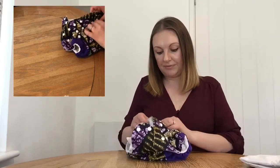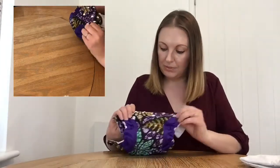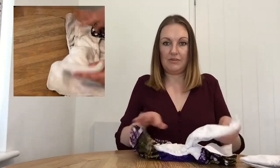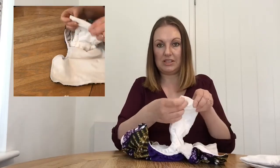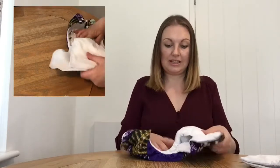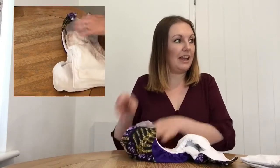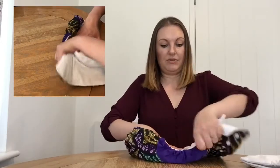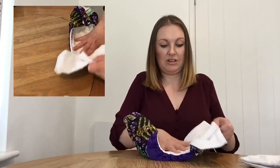Okay, so on the middle setting, where you've got just 3 poppers showing, you will still want that soaker flattened out completely, so not folded at the front there. If you need to, you can fold it just a small amount, but I always wait until I've got the nappy on and then see if there's anything else I need to push down. If on that middle setting though, you flatten it out and push that soaker into the curve of the nappy, you'll find that it does fit and you haven't got much extra